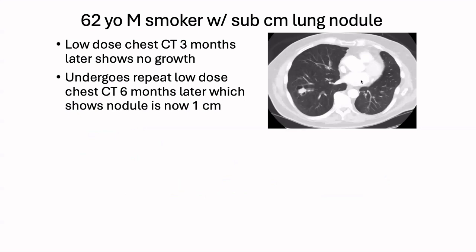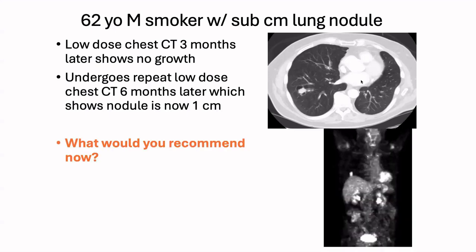So for a case of a 62-year-old who comes in with a sub-centimeter lung nodule and undergoes a low dose lung screening CT, they're followed according to guidelines, and on subsequent CT later it's found that the nodule is now a centimeter in size. So PET CT, as far as workup for these patients, can be extremely useful, both from a radiation planning perspective. We do use it, and it is extremely helpful for us